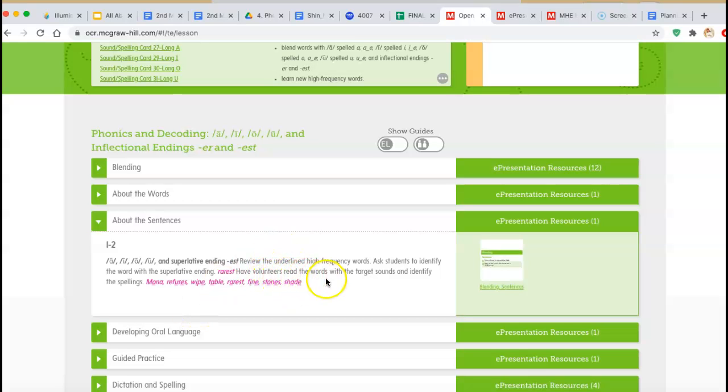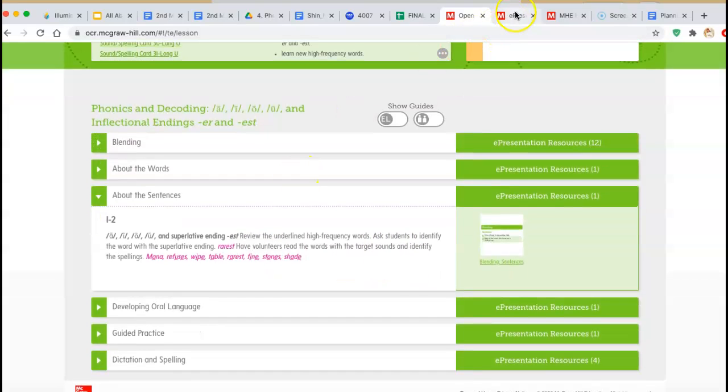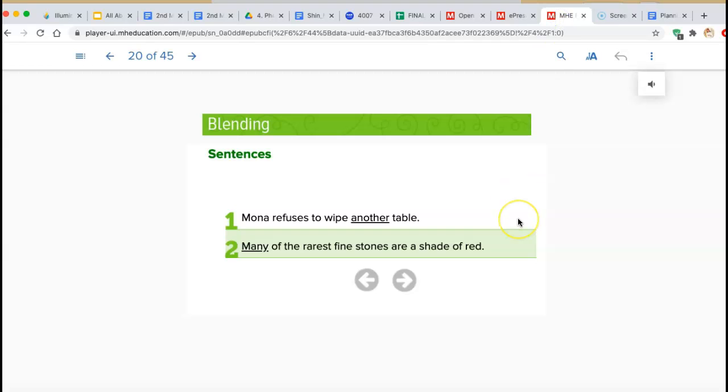Have volunteers read the words with the target sounds and identify the spellings. So you can have them identify the sight words. You can ask them, do you see any words with the long vowel in it? They should be able to say wipe, or table has a long A. Once you're done blending those sentences, you'll exit out,